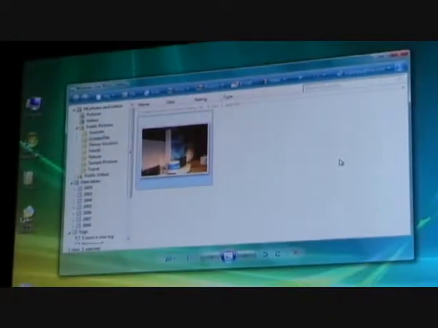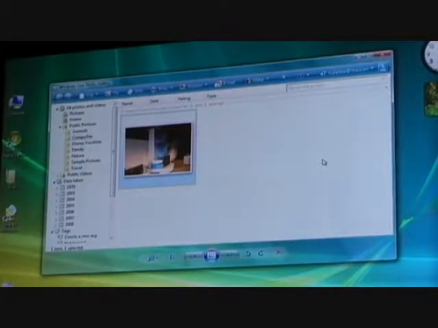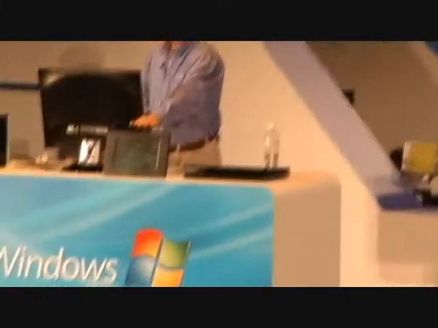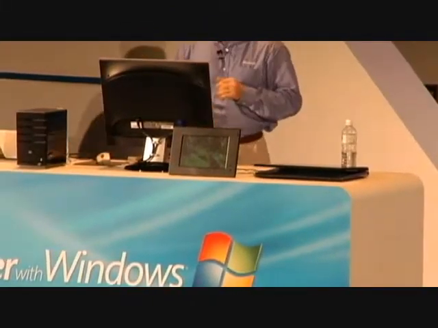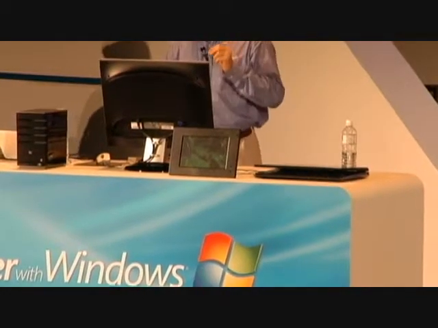Now, digital picture frames have been around for a while. What makes this one special is, one, it's wireless, which is great. But again, we've had wireless frames. This one runs Windows CE and also has Rally technology. Now, what Rally technology does is it fixes one big problem that folks had with wireless picture frames in the